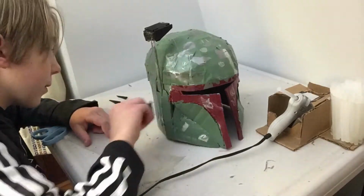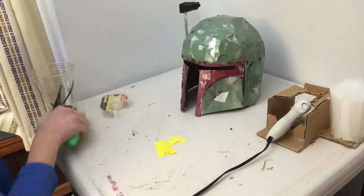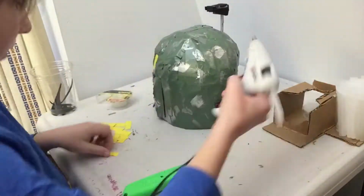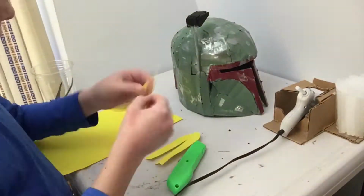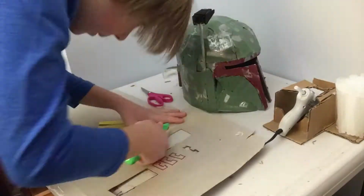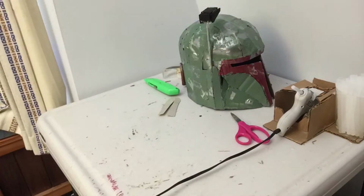Okay, you can also paint the pole silver. Once that's done, you can cut up some yellow paper and add the little yellow line marks by gluing them on. I use some double-sided Scotch tape as well as glue. And once you have that done, you can cut out a cereal box format of the earpiece and glue that